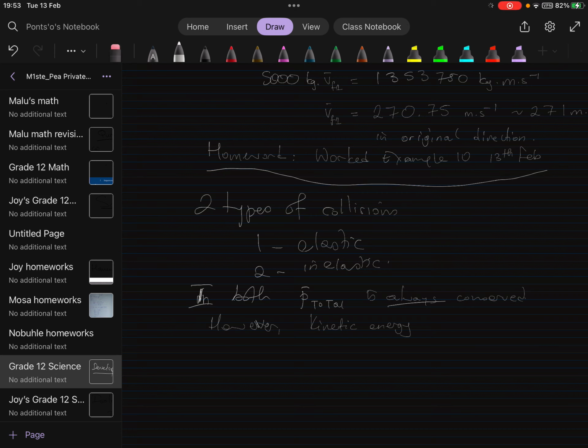So, however, kinetic energy is conserved for elastic